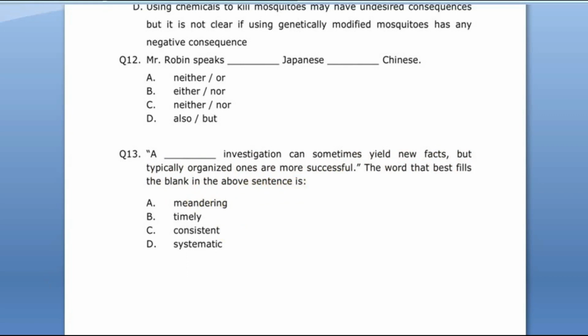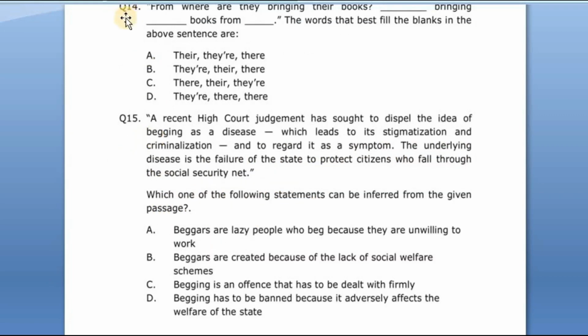Now 14th question, from where are they bringing their books? Bringing books from ____. The words that best fill in the blanks in the above sentences are, we have to choose the correct one. And the 15th question is, a recent High Court judgment has sought to dispel the idea of